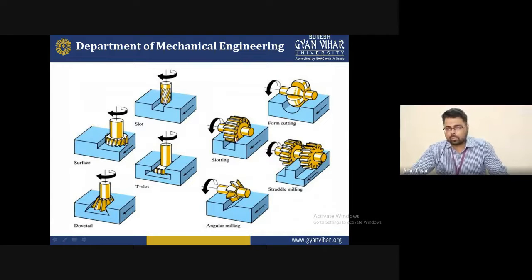That means if you provide some slot, the gear-type multi-point cutting tool is provided. It has a number of teeth, as you can see here, a type of spur gear. You have the spur gear also just like that, and a number of cutting edges are provided for this. At the end, you can see a white portion on the cutting edges. So these cutting edges will help to remove the workpiece material when the rotation is in this direction, and the material will be removed continuously until you stop the operation.